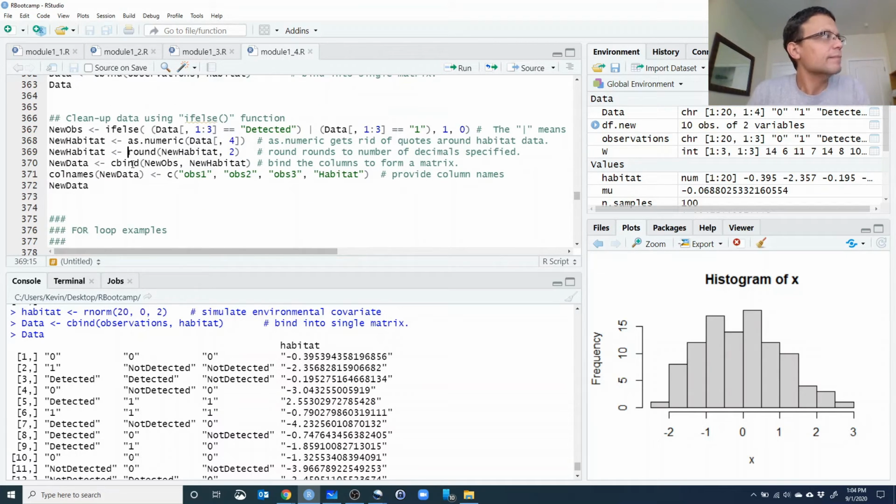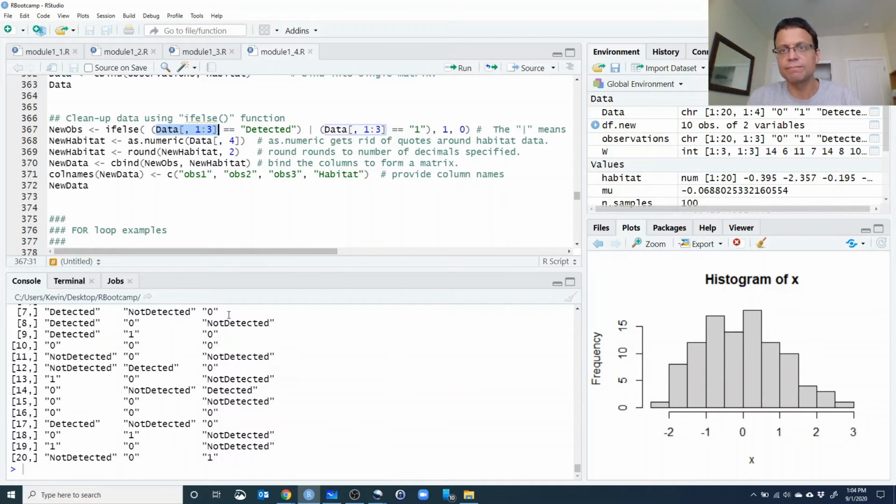All right. So let's clean up the data. So what we want to do is use if-else to clean up this data set. We're going to take the first 3 columns of our data, which are just the detection, non-detection process, but we're going to run an if-else statement where we say if the data are labeled as detected, we're going to change it to 1, right? In fact, we're going to go a little bit farther. We're going to say if the data are detected, or we're going to use that pipe operator to say, or